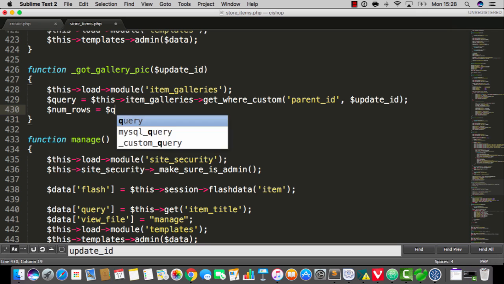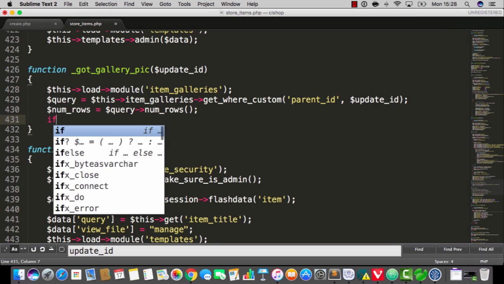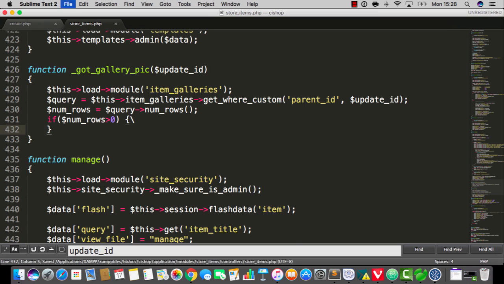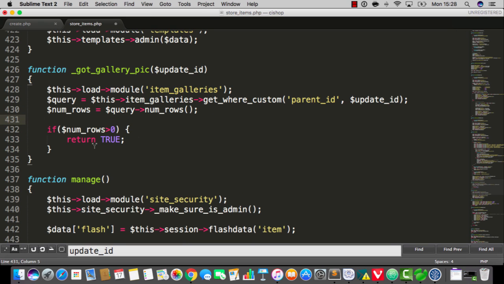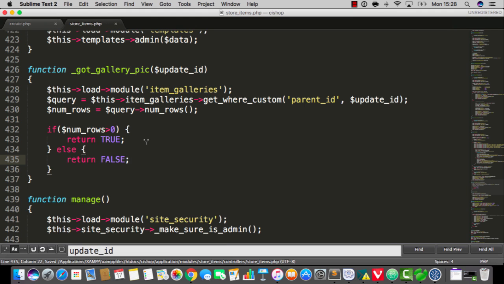Now I'm going to say num rows is query num rows, and if num rows is greater than 0, we're going to return true. I'll space that out a little bit here for you. Otherwise we're going to return false. So true means we have at least one gallery picture